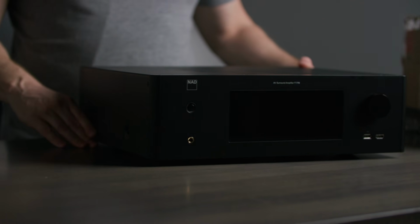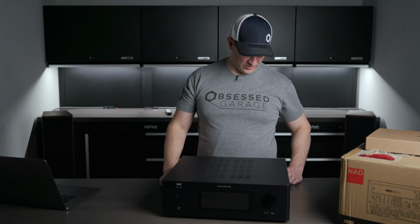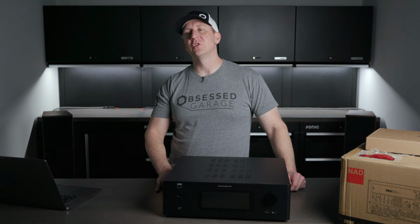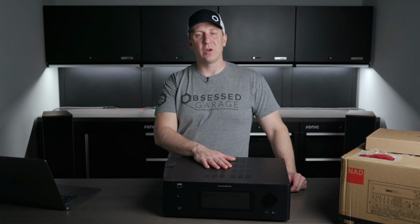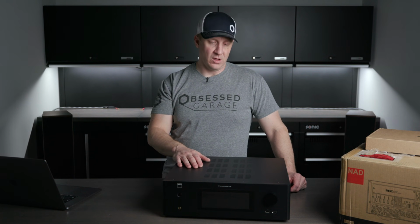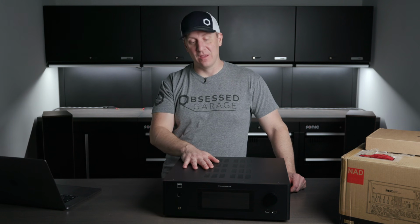They just don't sound good at all. It's terrible. In fact, I was ready to just punt them all. And so you've got to run at least a single point focused image Dirac room calibration, then they sound great. And so I would highly